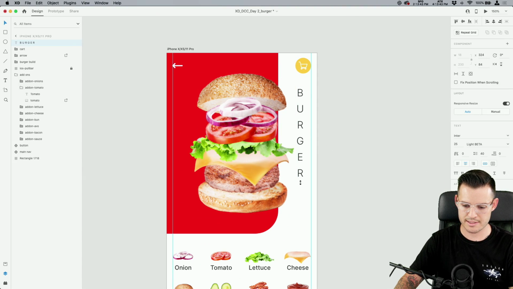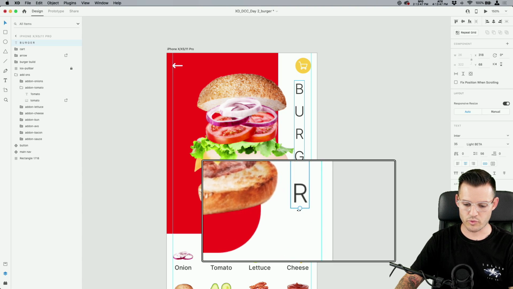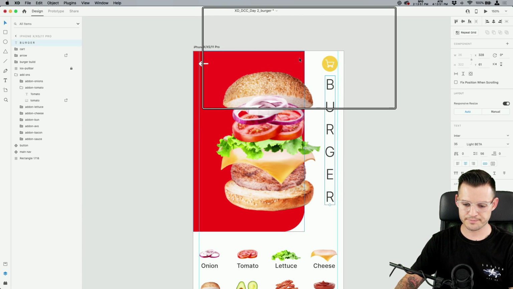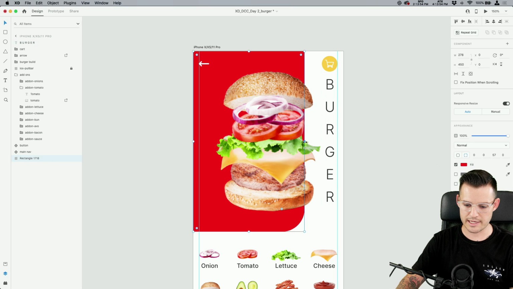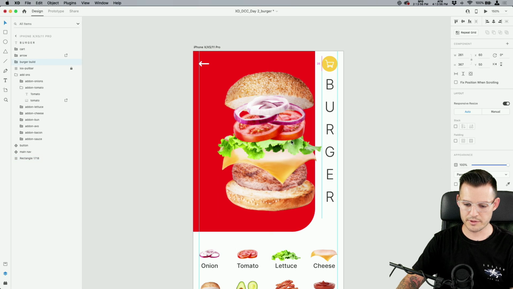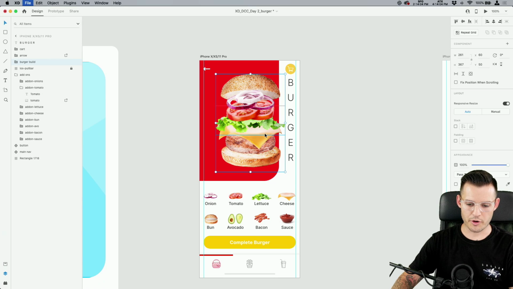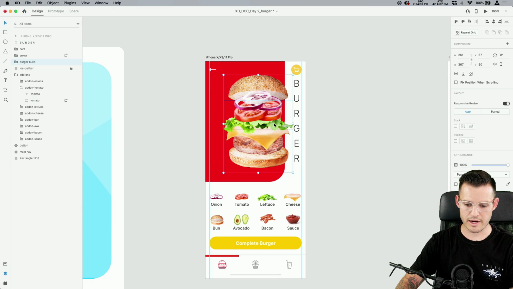Now let's take this and just scale it up using our little scale bar right there. That little round circle at the bottom, pretty sweet. Now we can put this right here on the side. And we're literally just gonna take a second and play and have a little bit of fun here. I like my burger to overhang just a little bit, not too much, but I like a little dimensionality in this thing. All right, now let's build our burger builder. Are we cool with that? All right, I think so too.